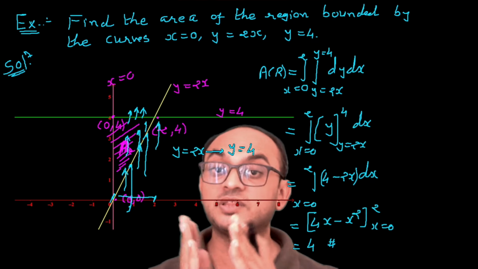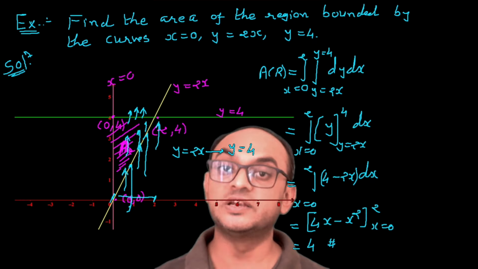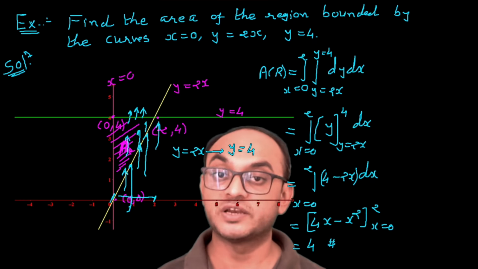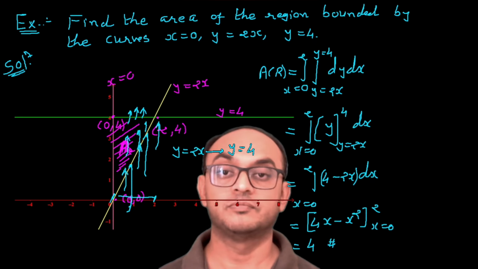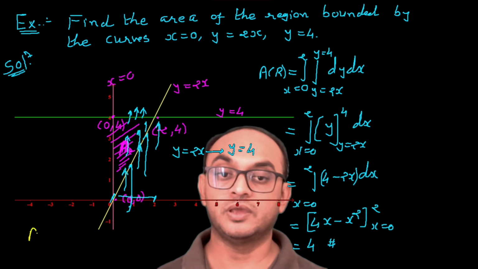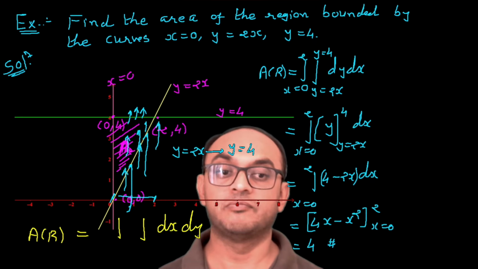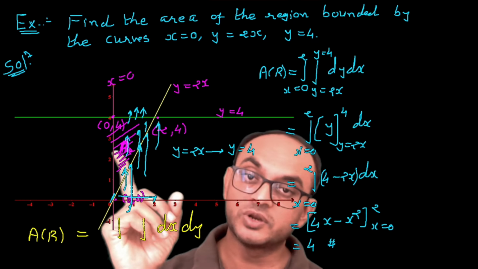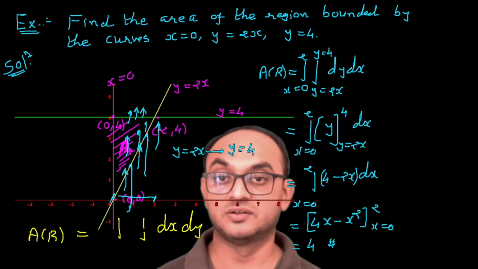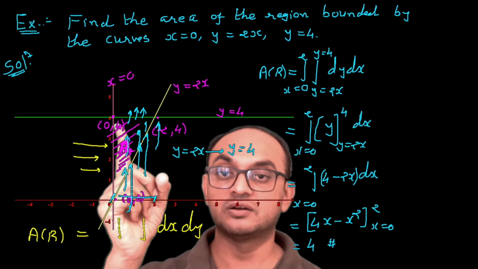Now if you are thinking that suppose in place of dy dx you want to write dx dy, then what? So let us try with dx dy. Area of the region R is equal to double integration dx dy. For dx dy, what you need to do? You have to draw horizontal lines from left to right. So once you draw the horizontal lines, the lines are intersecting the curve